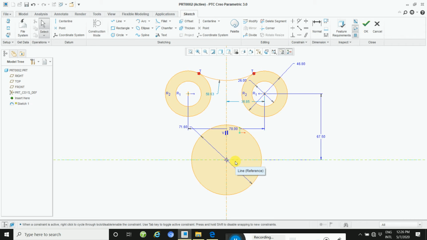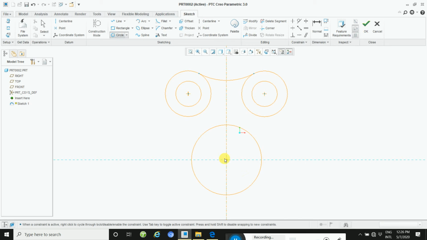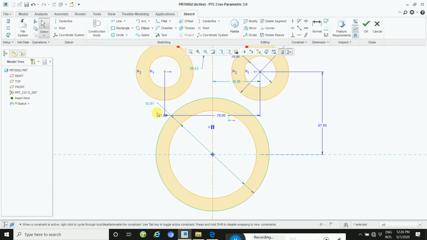Then the outer radius is 58.5, so draw another circle, 58.5 into 2.